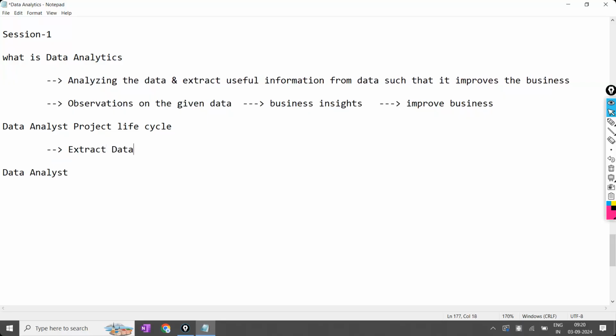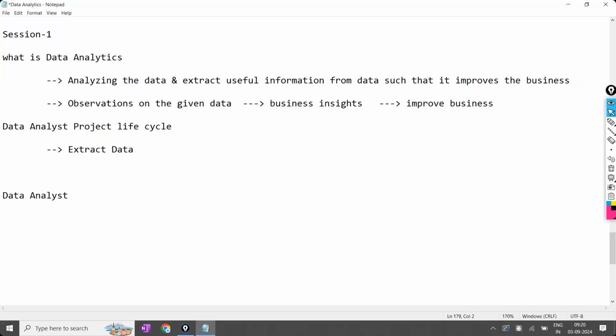They are going to extract the data wherever the data is there. So first, if I have to draw the bar plot, what I require is the number of students, how many students are there in the offline. First, I require the data. Without data, how can I make the plots or make the observations? So the first step is to extract the data.